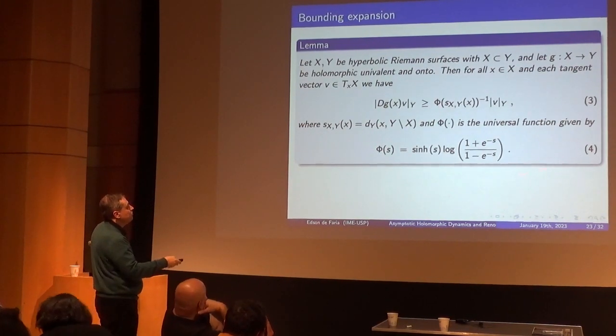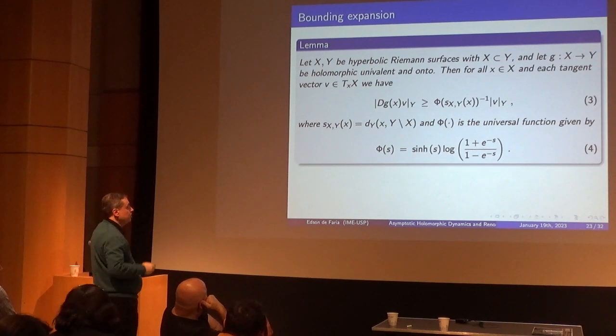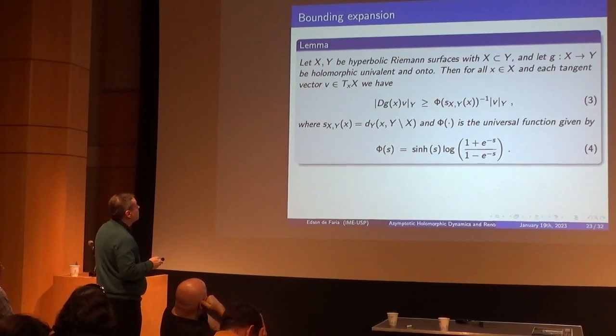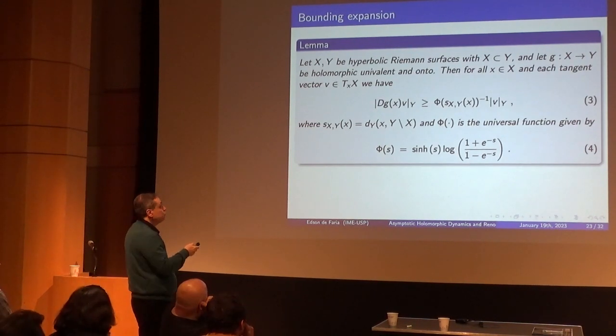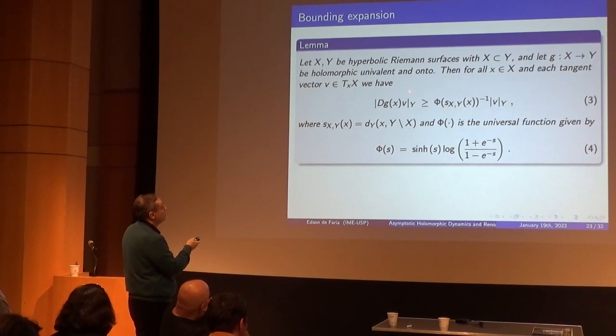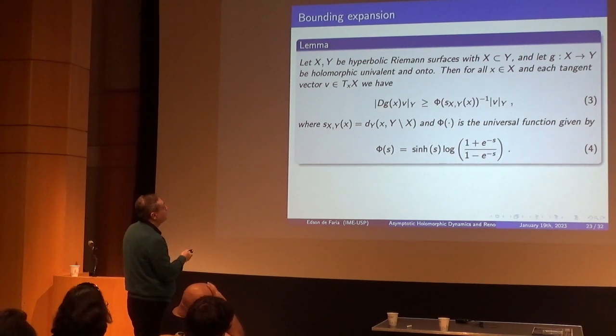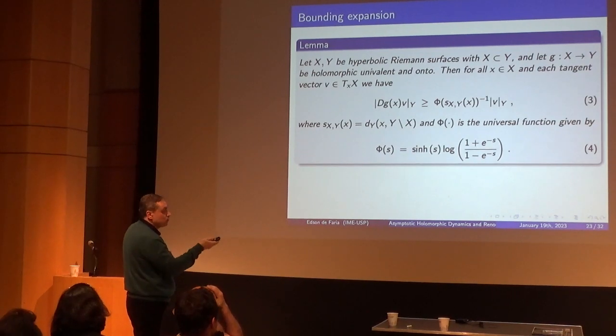All you need to know is that this is a monotone function that goes from 0 to 1 as s goes from 0 to infinity. Okay. So this lemma is saying that if you take a holomorphic map between two hyperbolic Riemann surfaces, one contained in the other, x contained in y, and you're looking at the possible expansion of this map with respect to the hyperbolic metric of y. So it's a quantitative